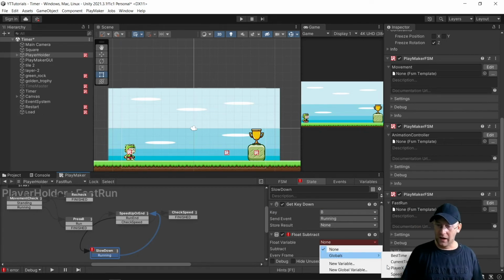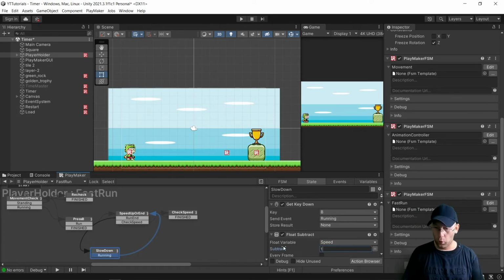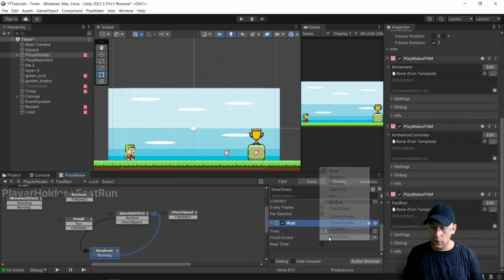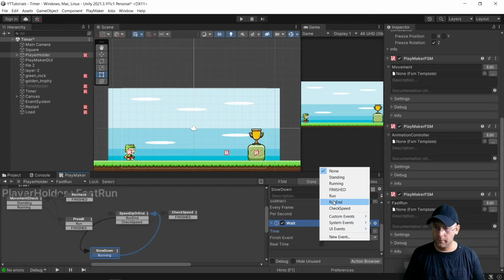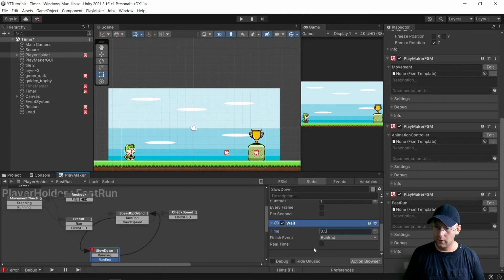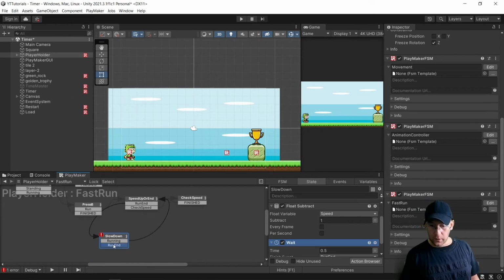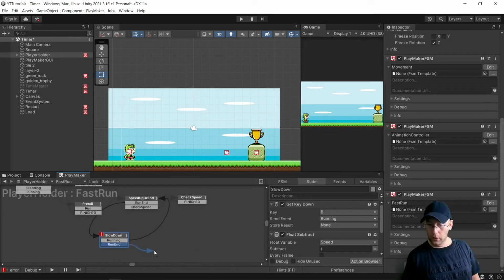Now float subtract, speed, we're going to subtract 1. And that's going to happen every 0.5 seconds. Again, you can mess around with these times. And then we'll say run end here. Add that to there just to save creating lots of different events. And what we want to do here, run end, we're going to go to a